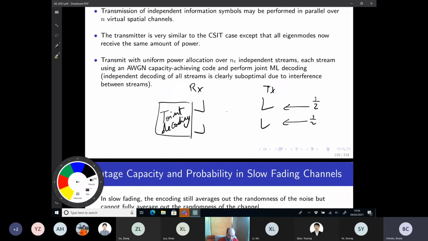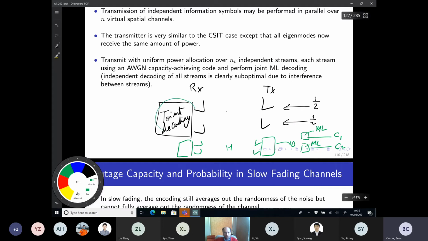So if I had CSIT, let me write this in green, I could do a precoding here, a combiner there, and I had this channel matrix, and that was converted into effectively transmitting C1 and receiving something, and transmitting C2. They were not interfering with each other, so at the receiver, I could have simply a SISO maximum likelihood decoder. Right? Now, here I cannot do that because I cannot decouple those 2 streams. I don't know H. I cannot precode along a certain direction, combine another direction to decouple those 2 streams. So I transmit with uniform power allocation. I encode over many realizations of the channels, and at the receiver, I perform joint decoding